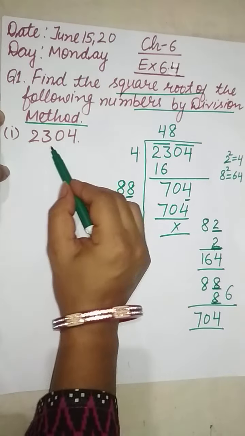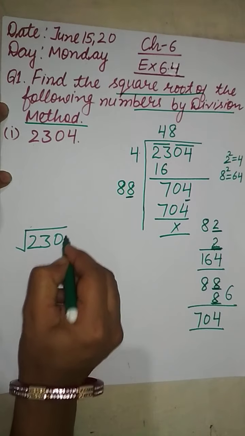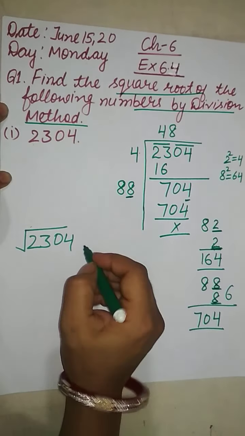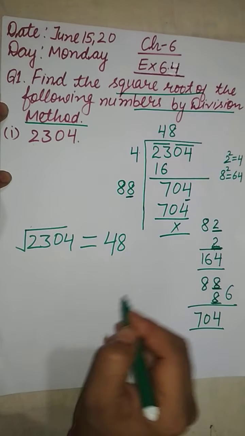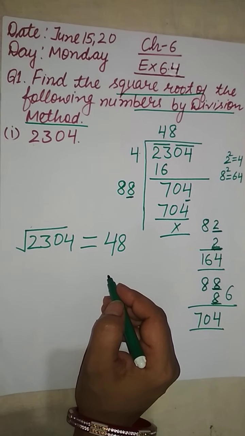Now what is the square root of 2304? It is 48, which is the required answer. This is the easiest method to find the square root. And next question is,